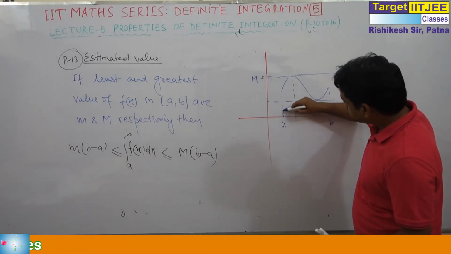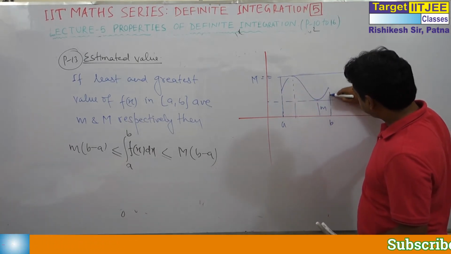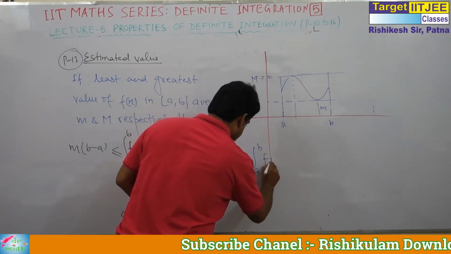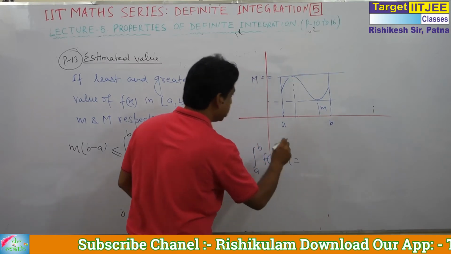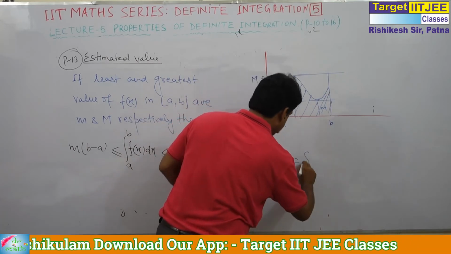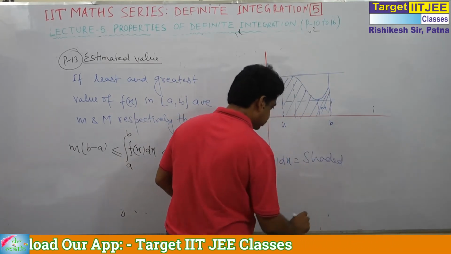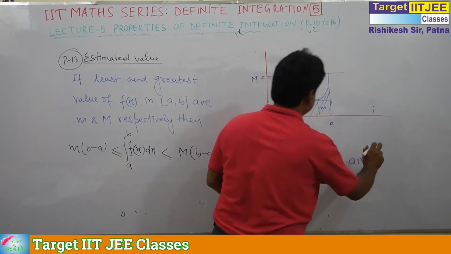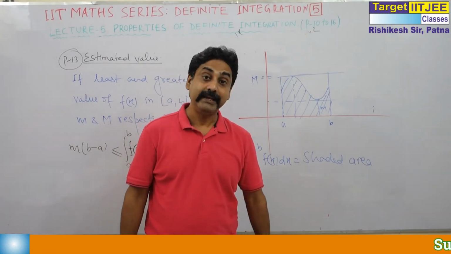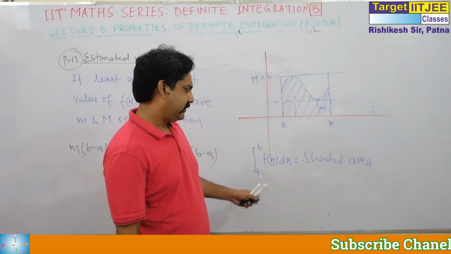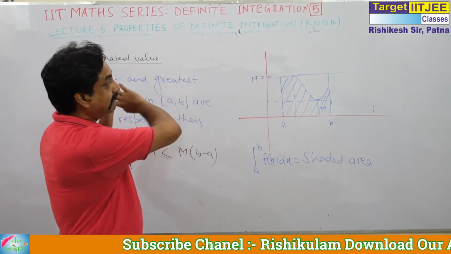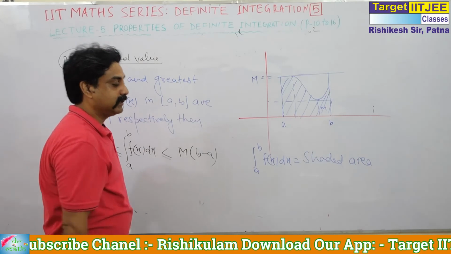Let's complete this as a rectangle. What is the integral from A to B of f(x) dx? Graphical explanation, very simple. This is the shaded area. Actually, I am using the fact that the integral value from A to B equals area. You did it in class 11th in physics. I will also deal with area and closed curve in the next topic.